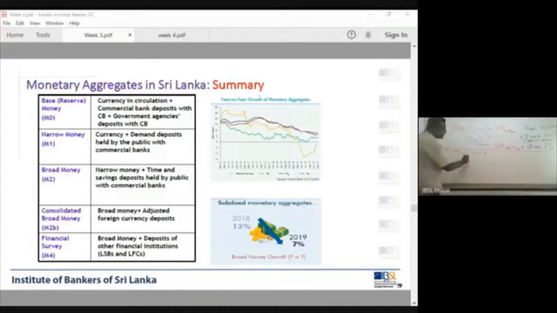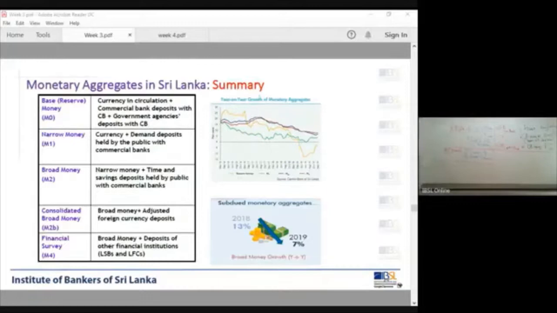Then we have demand deposits, or you can call it current accounts, demand deposits held by public with the commercial banks. So that is the second important monetary aggregate. The third monetary aggregate is